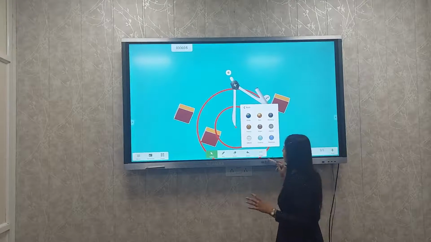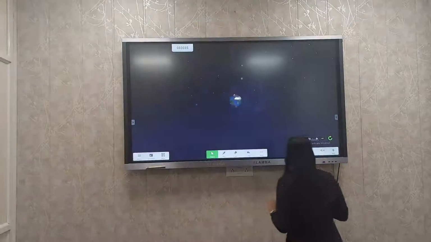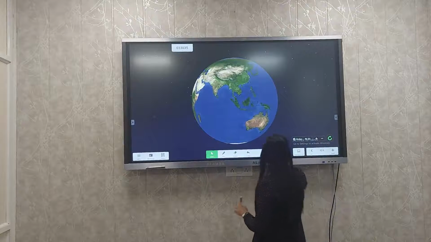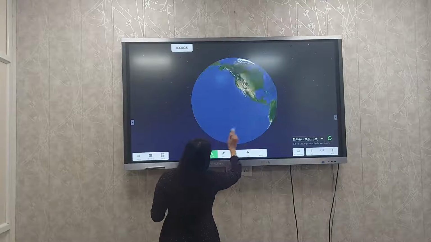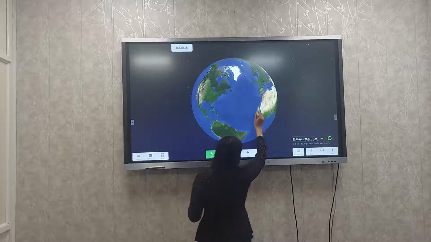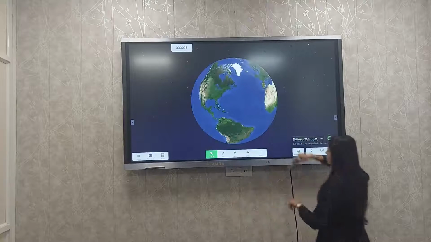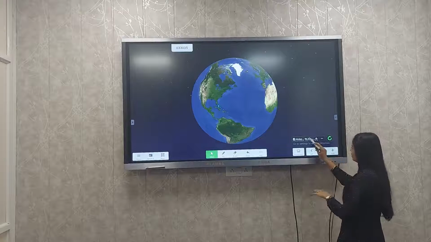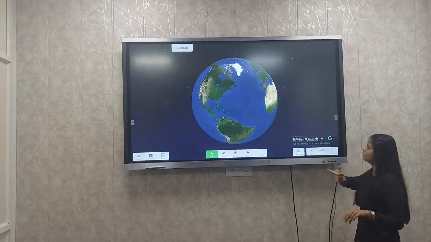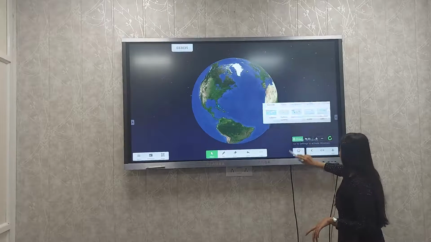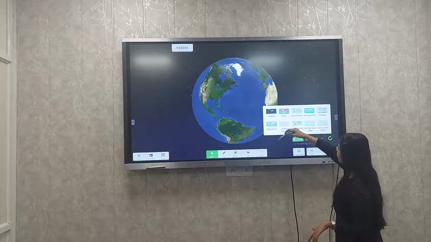So we have different planets here. I guess select it out. So the Earth is appearing here. See, I'm having a 3D view of this Earth. I can change this 3D view to 2D view also, like this. And again I can go back to 3D view by clicking on 3D. Okay. So we have different types.